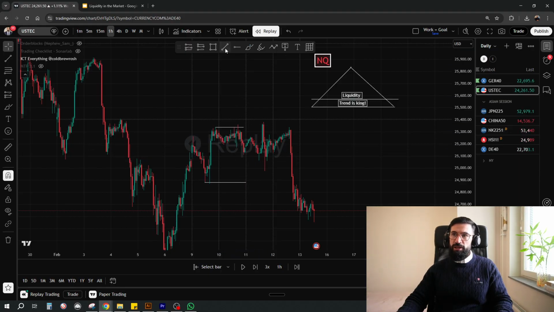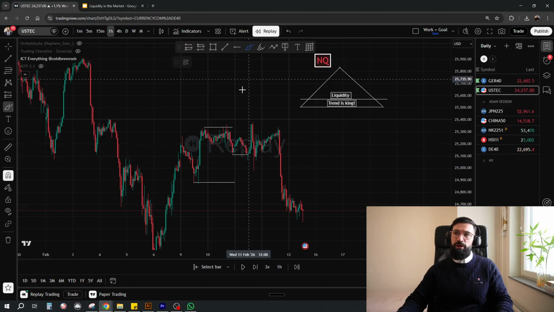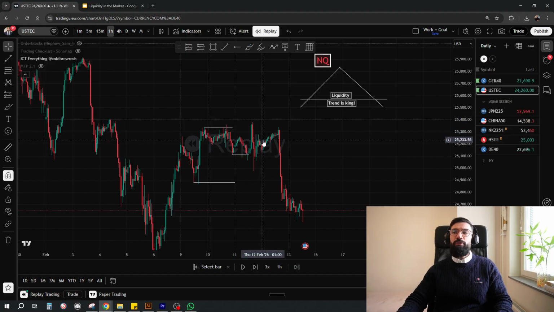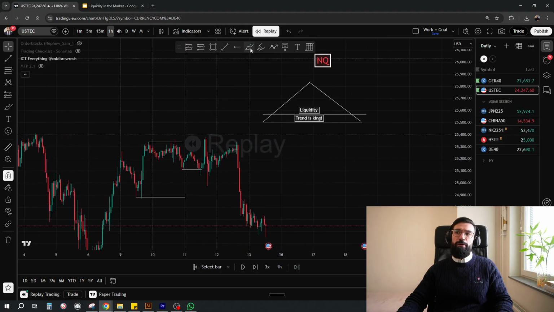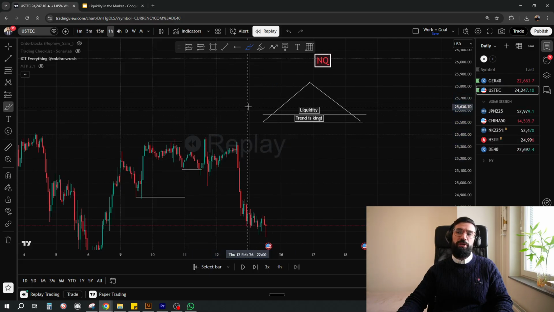So like this area right here, there's a low created, right? What does the market want to do the day after? The market wants to sweep liquidity and continue up. Now, you're probably thinking, this is a short move, right? We want to continue all the way up. It doesn't matter